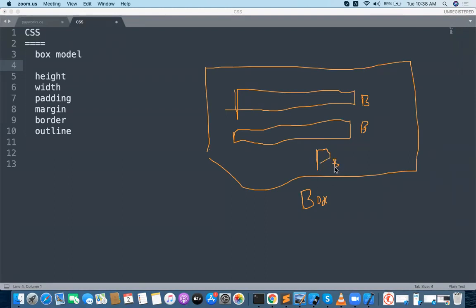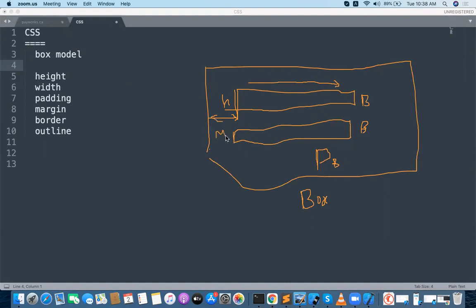Each and every component is a box in HTML. What we are trying to do is arrange these boxes with particular spaces. For example, this paragraph requires some width, this paragraph requires some height, and some space from the body. This paragraph has some space here. This is actually called